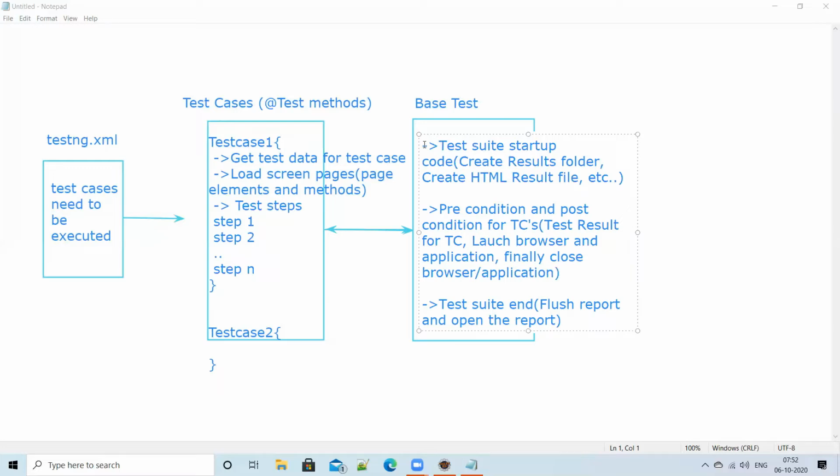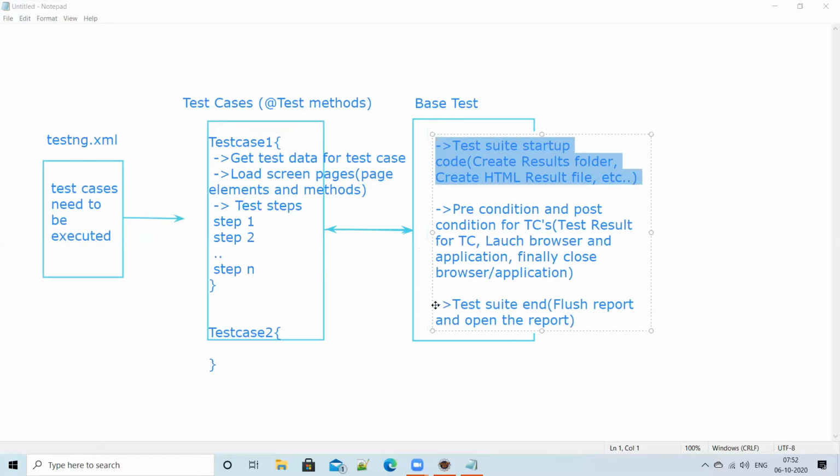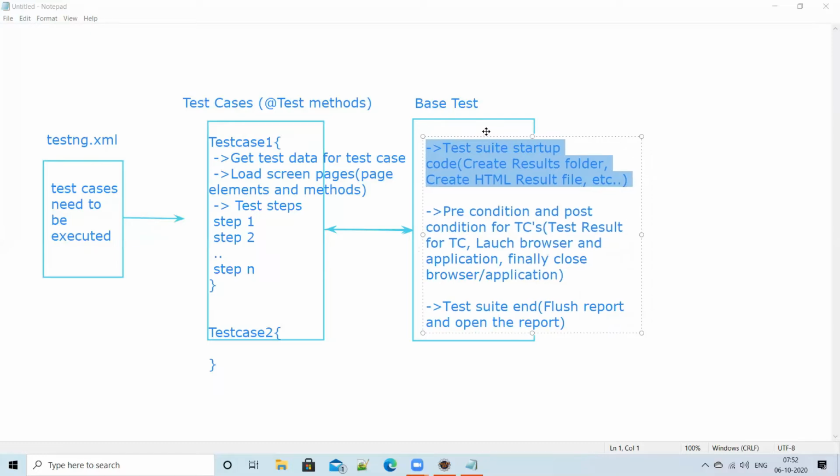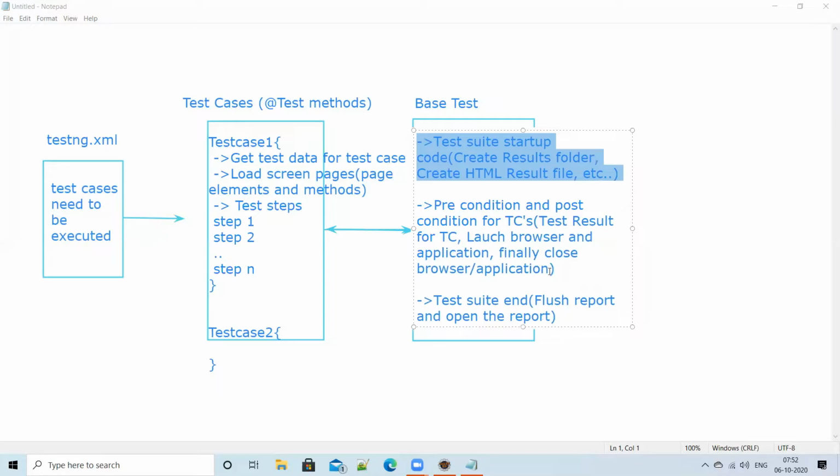So when execution started, only one time this one is executed, and this one is also executed one time when execution reaches the end, but this one will be executed for every test case.